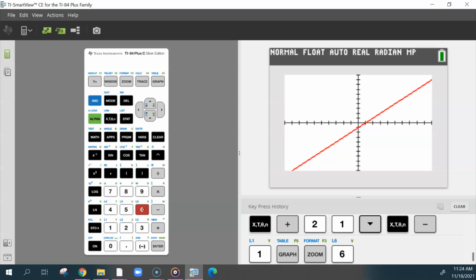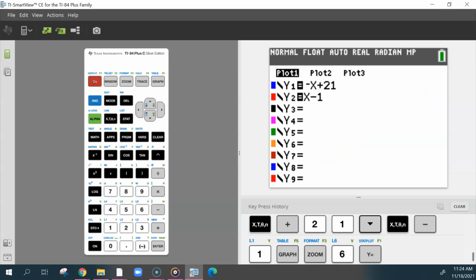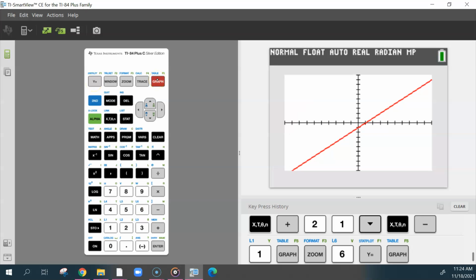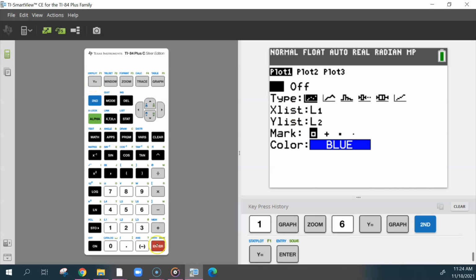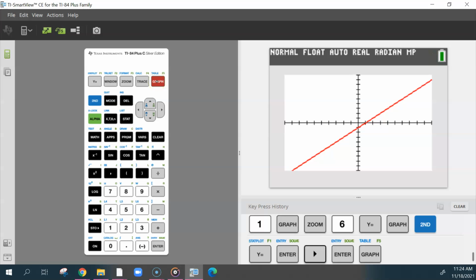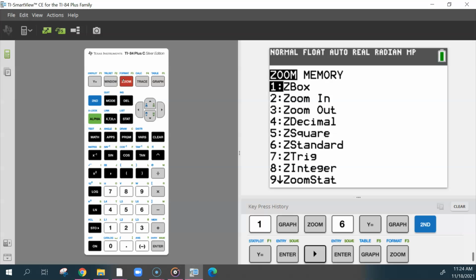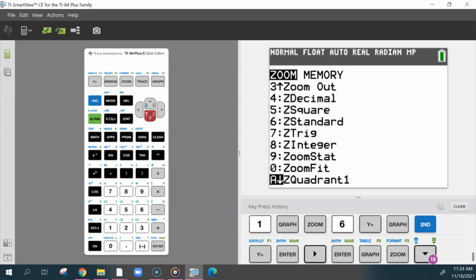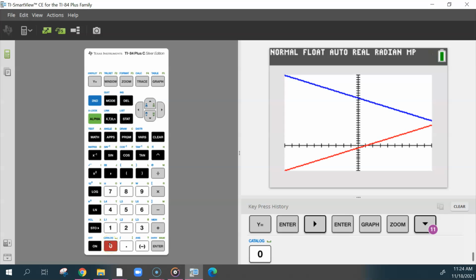Okay, so here I see one of them, but I don't see the other one. Let me make sure it's on first. So to find where that second one is, I also have different things on, so hold that thought for one second so I can turn this off. I need to zoom this either out or zoom to fit so I see where they intersect. So zoom. If I scroll down to zoom fit, which is 0, I can see that they're going to intersect,